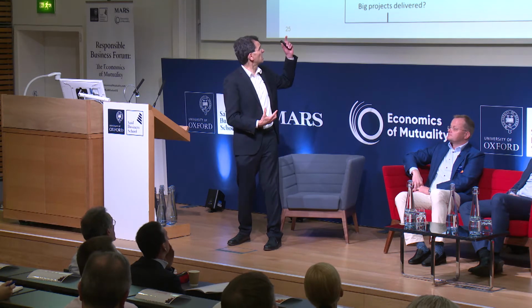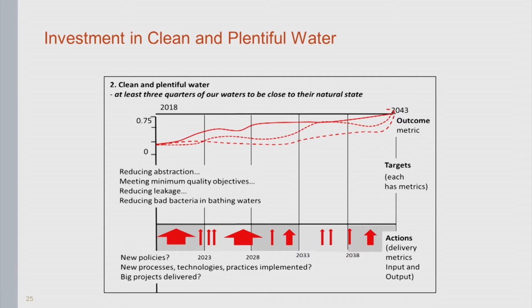Here, for example, is a utility company thinking about investing in purifying its water resources and seeking to move from a position where a quarter of the water resources it has are pure to 3/4 over a period of years by investing. So what this illustrates is that once one thinks in terms of the objective of the company,